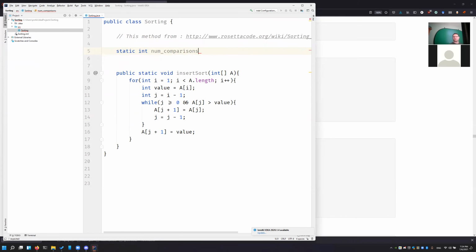Make sense? The static int num comparisons, right? And static int num exchanges, which is probably the easiest way to do it for quicksort. The way I like to do it though is to have a private class, because it keeps things straight. Private class, private static class